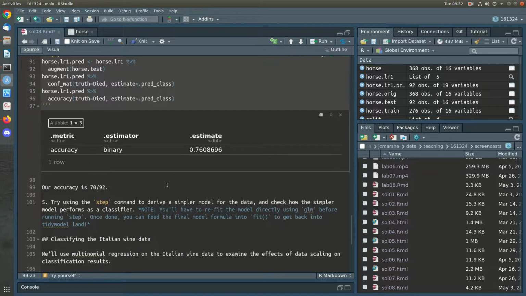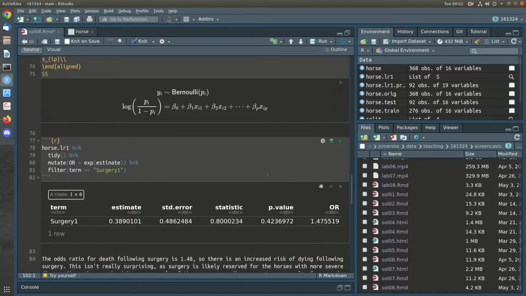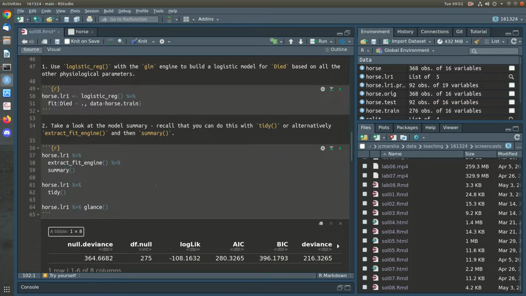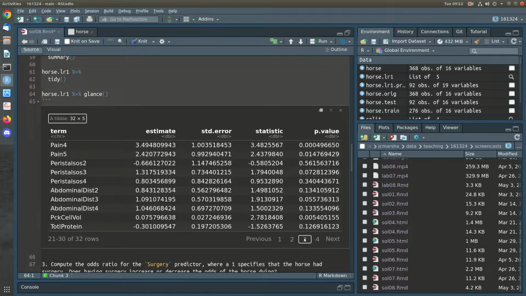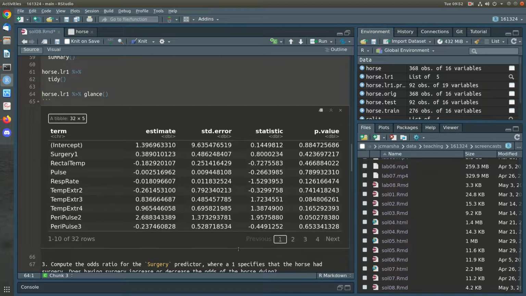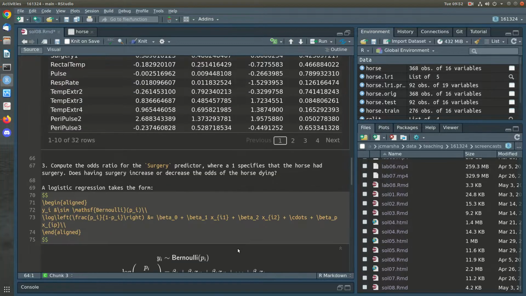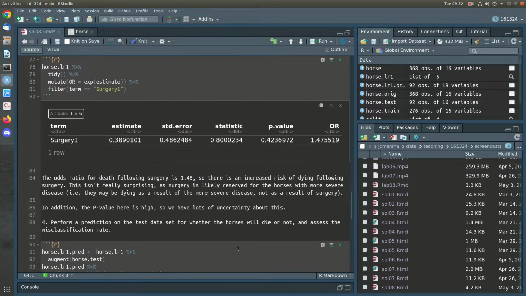Okay, 0.76, so the misclassification rate is 0.24, 24%. Now we can see that when we looked at the summary table, lots of these p-values are large, right? So a lot of these variables are having to be estimated but don't seem to be telling us much about the outcome variable. Perhaps they might be correlated or something like that,